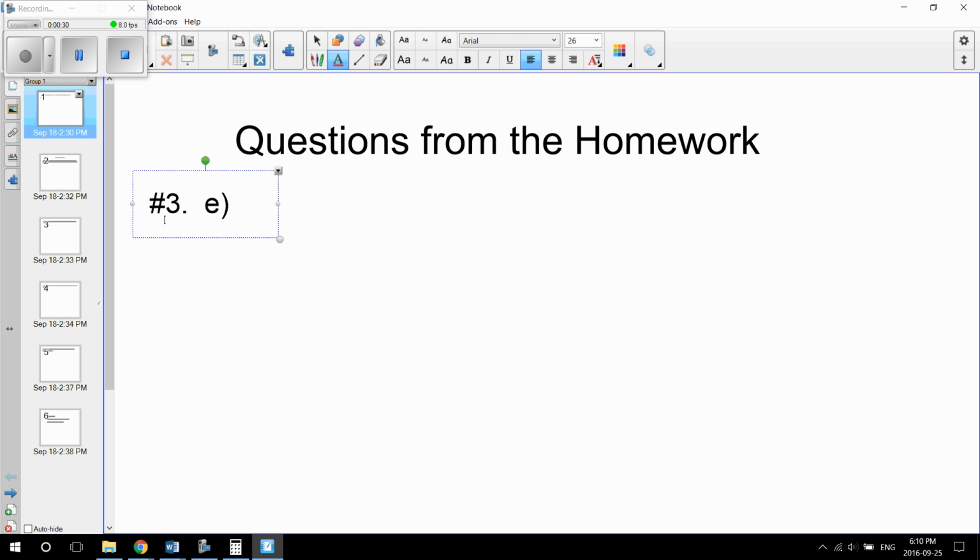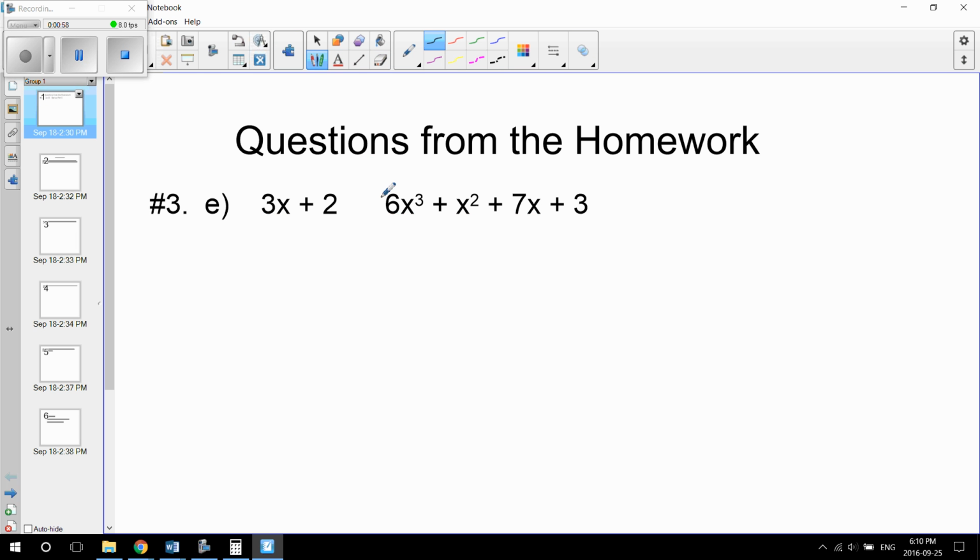That one asks us to divide the 3x plus 2 is our division part, and we're dividing it by 6x cubed plus x squared plus 7x plus 3. Now, one thing about this question, and it's part of the reason that I chose it,